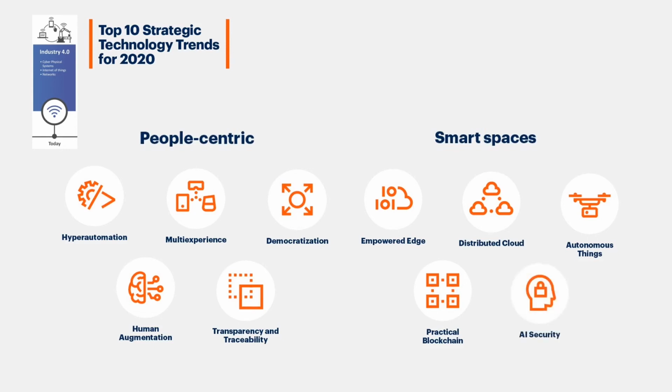And the last trend is AI security. So everything we've talked about here offers transformational opportunities in business, but it does also create new vulnerabilities. And this last trend is about the importance of AI security to support all these other trends and make sure that they work as a force for good. So these are all the trends that Gartner can foresee now, and they're already transforming our industry.